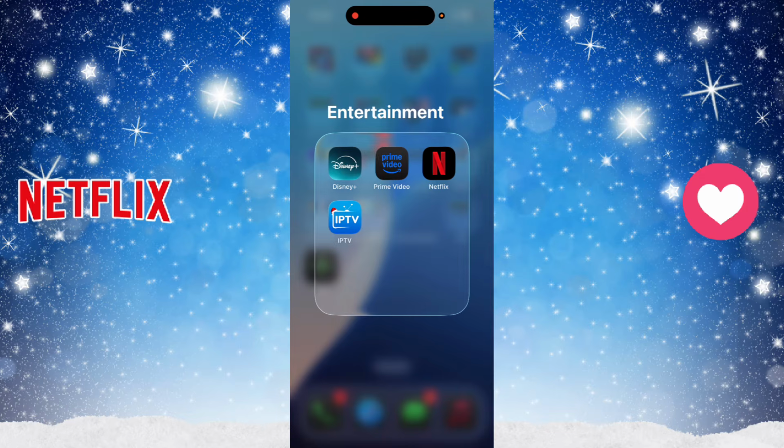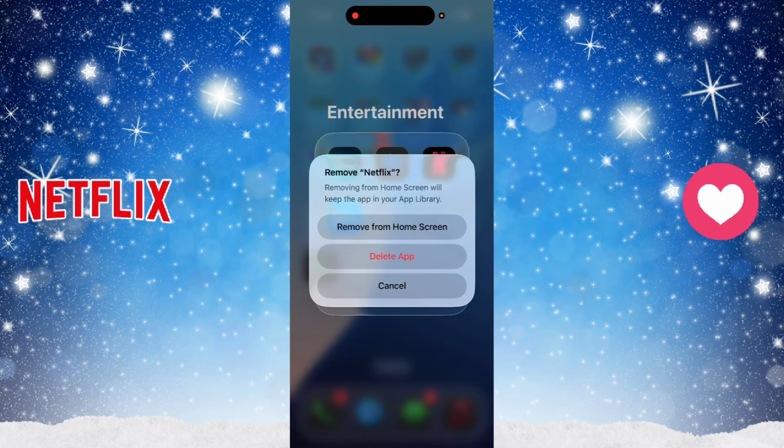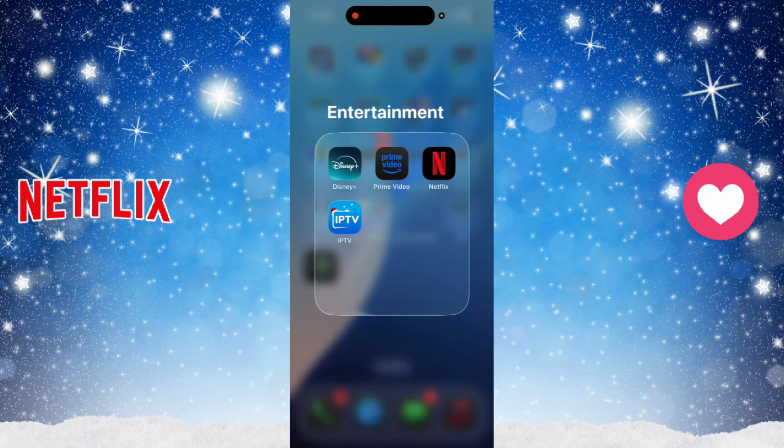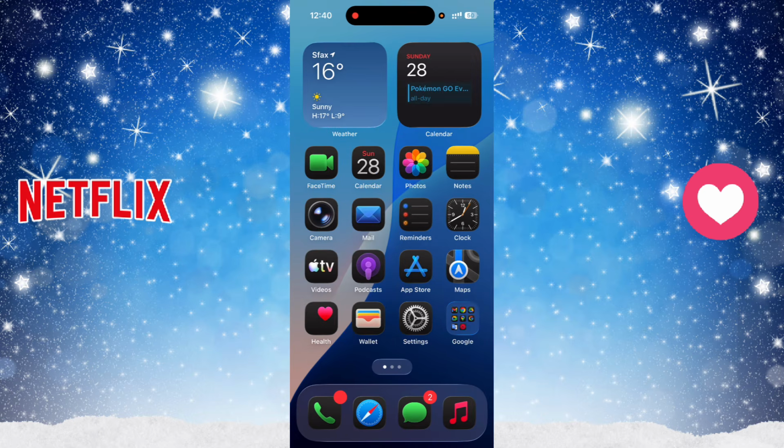the app and installing it again. To delete the app, you just have to long press on it, click Remove App, and after that delete the app and install it again. And with these three solutions, your Netflix should be working again and it will fix the Netflix no internet connection error